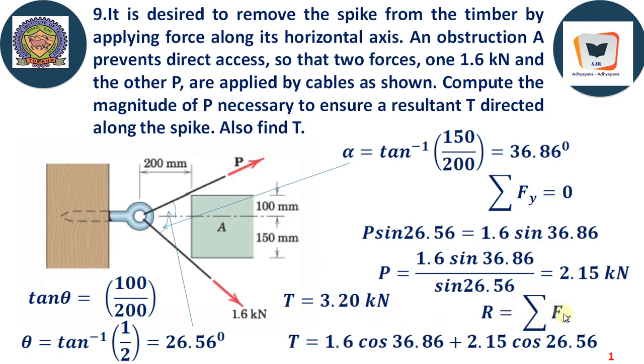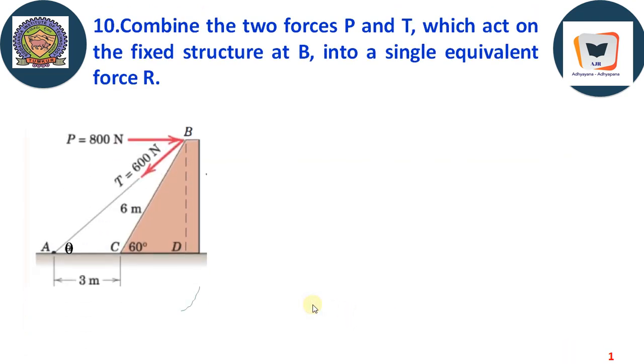Therefore, R equal to sigma Fx. Actually, R equal to square root of sigma Fx square. Anyway, it will become sigma Fx only. So Fx, we will resolve that. That is called T over here because the resultant is named T. So T equal to 1.6 cos 36.86 plus 2.15, just now we found this, 2.15 cos 26.56. We will get the value of T equal to 3.20 kilonewton. So that is the force that is being applied in order to remove the spike along the axis